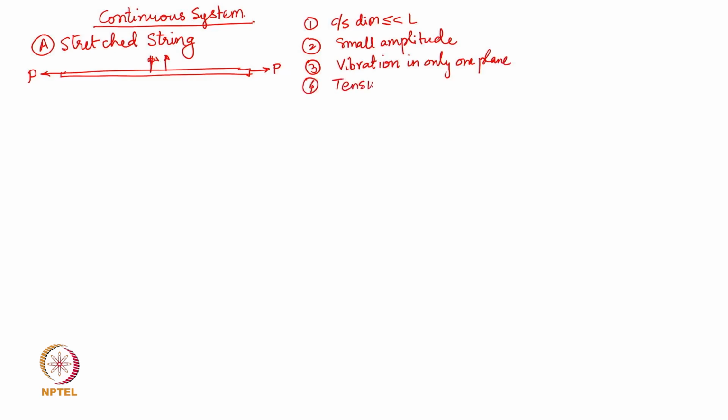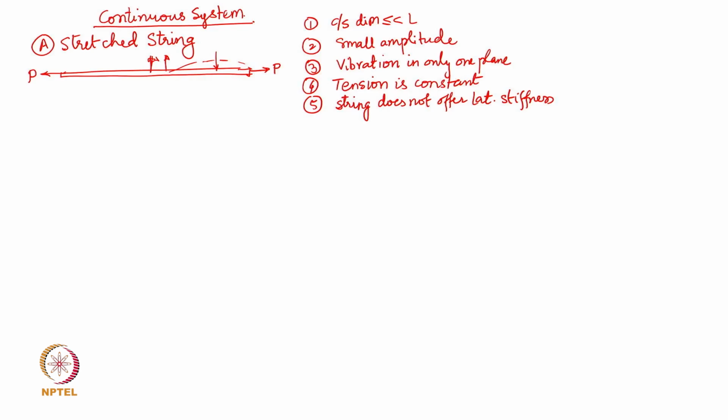The fourth assumption is that the tension in the wire is constant. The fifth is an important one: the wire or string does not offer any lateral stiffness. In the sense that if this string vibrates with this kind of motion, it is not going to create a restoring force out of lateral stiffness. It is essentially the tension P acting on the wire, along the axis of the string. These are the assumptions that we shall work with in formulating the governing equation of motion for such